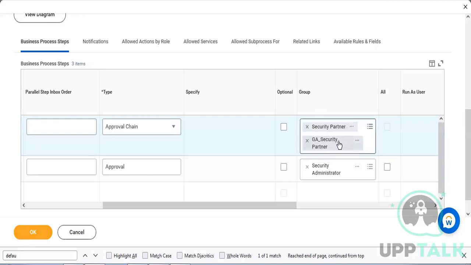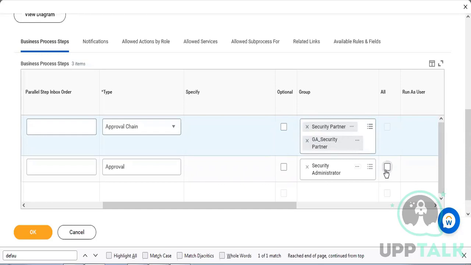When you require an approval from multiple security groups, you can actually add an approval chain. Okay, the difference between approval and approval chain: in approval, you can have one security group, and in one security group